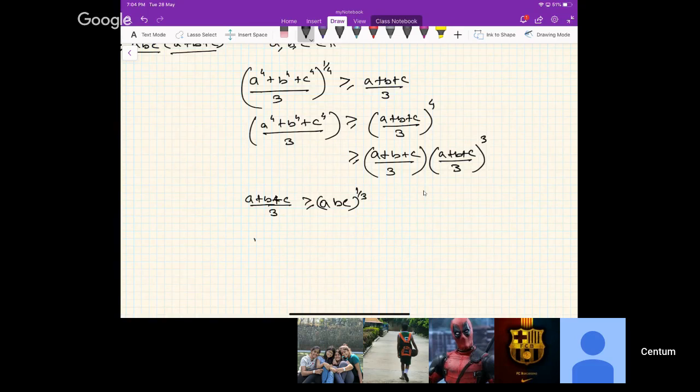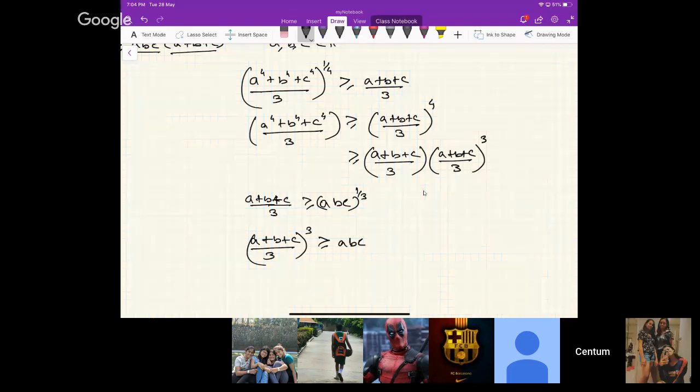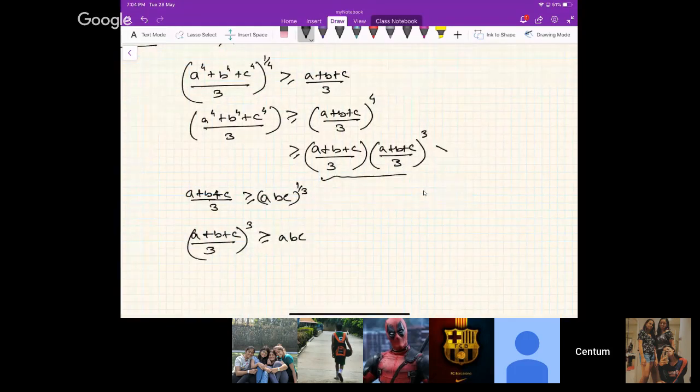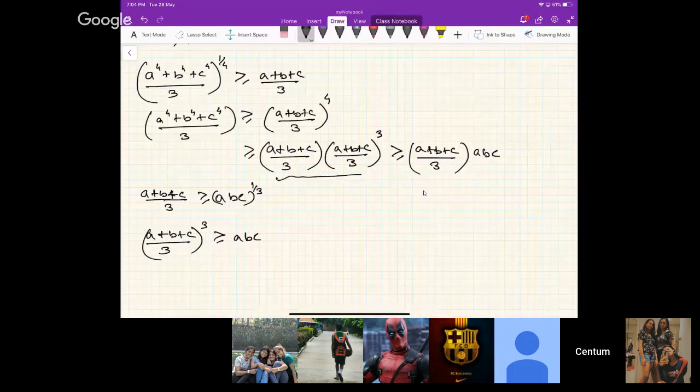Right? So, yes, hence, sir, if you raise both sides, (a+b)/3 to the power 3 will be greater than or equal to abc. Yes. So hence what do I get? This particular side will become greater than or equal to (a+b+c)/3, and this is ((a+b+c)/3) whole to the power 3 is greater than abc, so I can multiply this by abc, isn't it? So that means this is greater than (a+b)